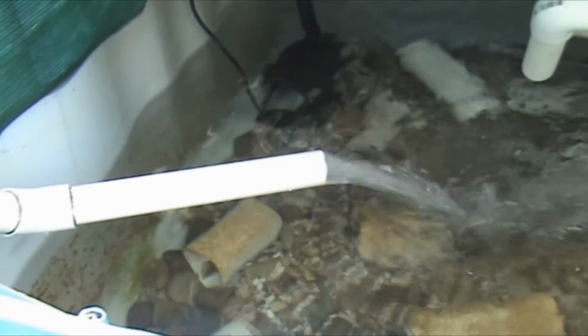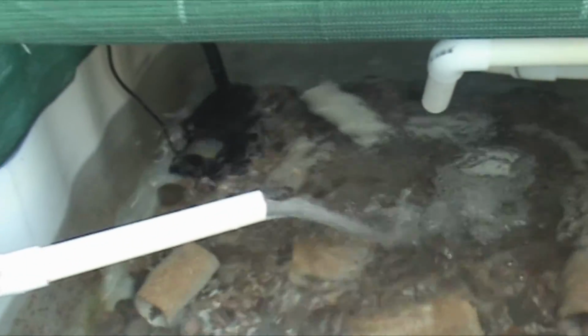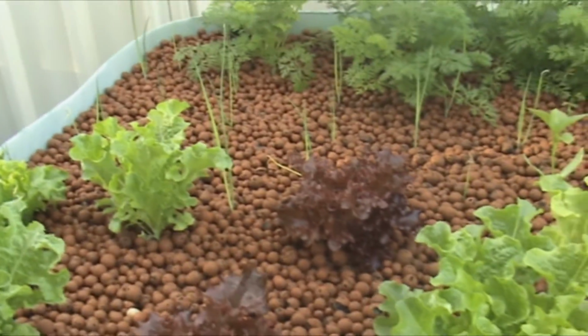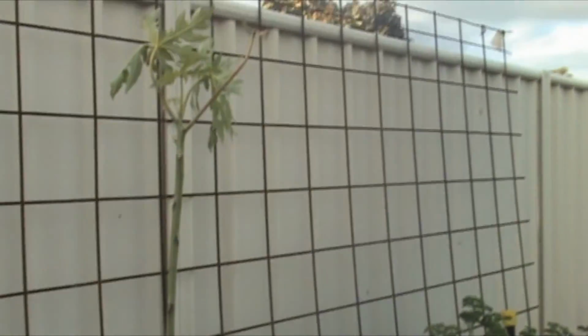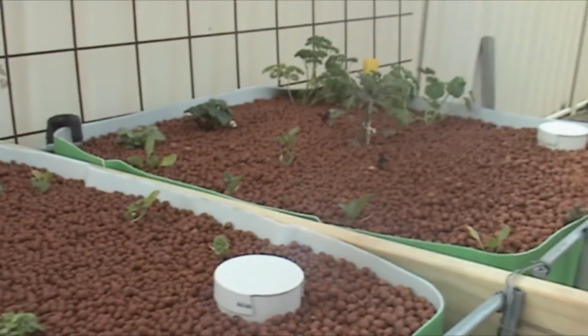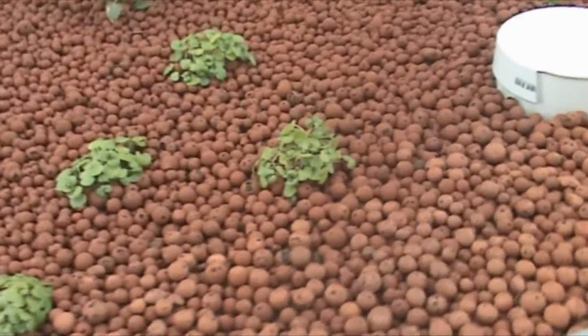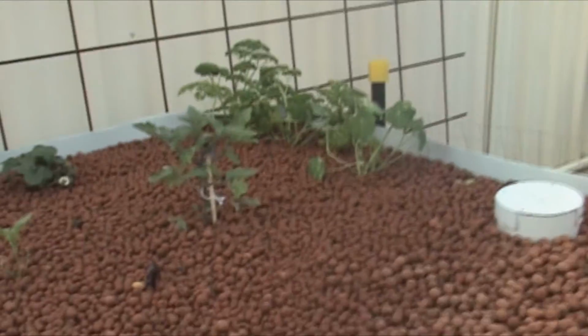And that's pretty much it, guys. Yeah, it seems to all be going well. The only problem I've noticed at the moment is that when I've done my water testing, the ammonia is very low, but the nitrate and nitrite levels are rather high. So I need to get more plants in here, or I need these plants to kick in a bit faster. It is very cold at the moment here. It's only 6 degrees at night, so I've planted these plants out, but they're not taking off in a hurry, so I don't think they're consuming what the fish are producing quick enough. So hopefully that'll change over the coming weeks, and I will go into a water test